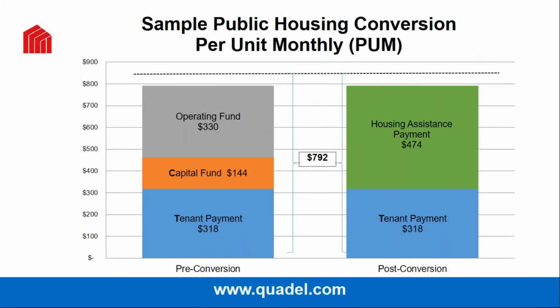On this next screen here, we included a chart as an example to help identify how the conversion under RAD-PBRA is essentially cost neutral and does not necessarily impact the tenant's rent or necessarily negatively impact HUD's housing budget. This is just a high-level example here, so please understand that there are individual characteristics and implications of each RAD deal that may not mirror this example specifically, but at a high level, under the current funding premise of RAD